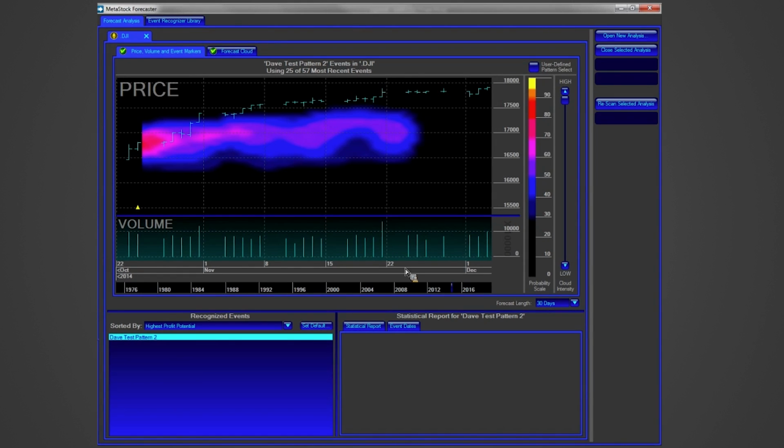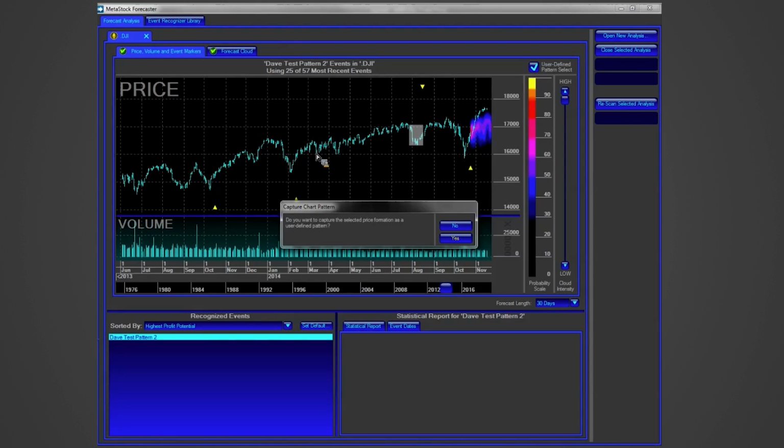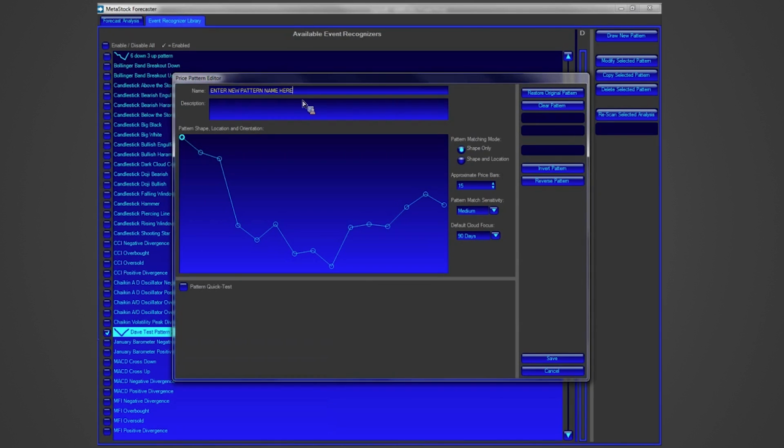The other thing you can do, let's say you think, oh man, I don't know what pattern I want to draw. Well, let me just grab this one right here. So you can come up here and select user defined pattern, and you just take your mouse and tell it, okay, I want that part of the Dow, or of this chart, and I want to find out where that occurs and how many times it's occurred. It may not occur only once or twice, but at least you know when that's occurring. Maybe you want to look for your reversals on your chart. So let's just call this